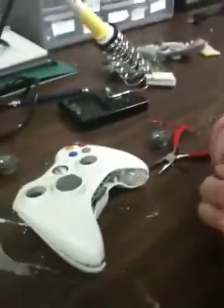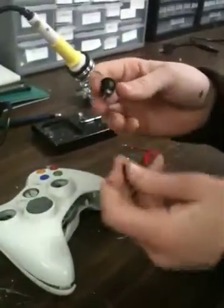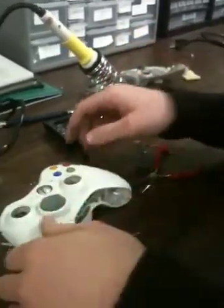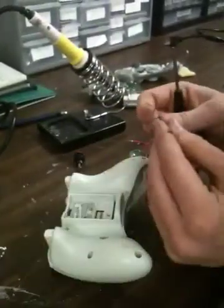Alright, I'm going to show you guys how to do a rapid fire mod using a push button switch. It's one of these. You can buy them at Radio Shack for like $3. But what you do first is you get a controller, and on the back you'll have these screws, and there's